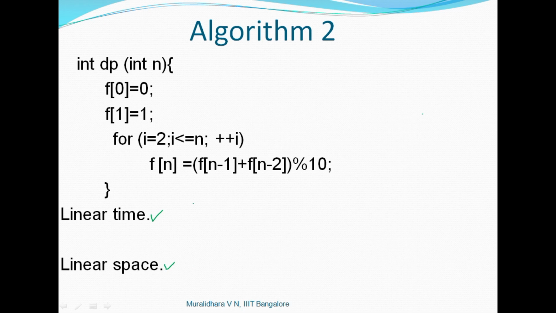So instead of storing all the previous values, we may just keep track of the last two numbers, because f of n will only depend on the last two numbers but not everything that you have computed so far. We need to keep track of only the last two numbers.